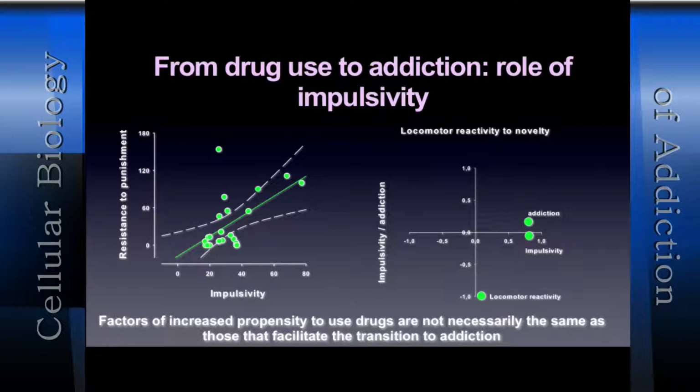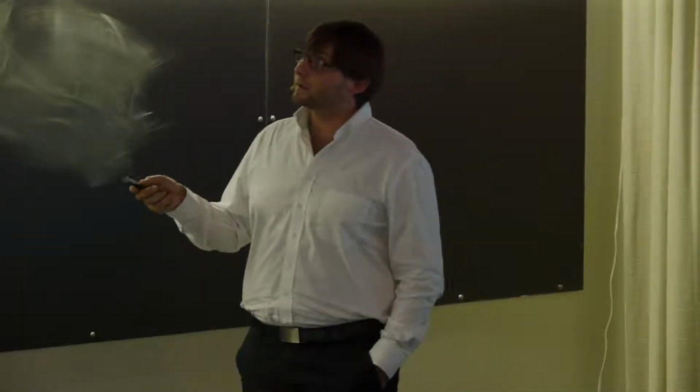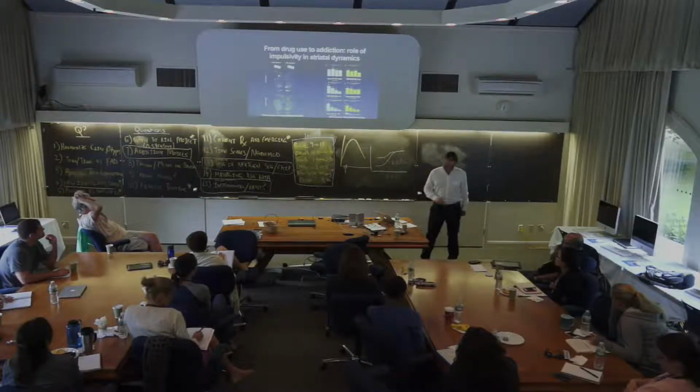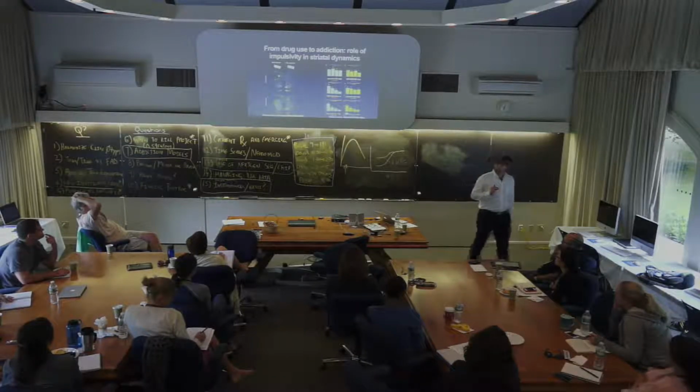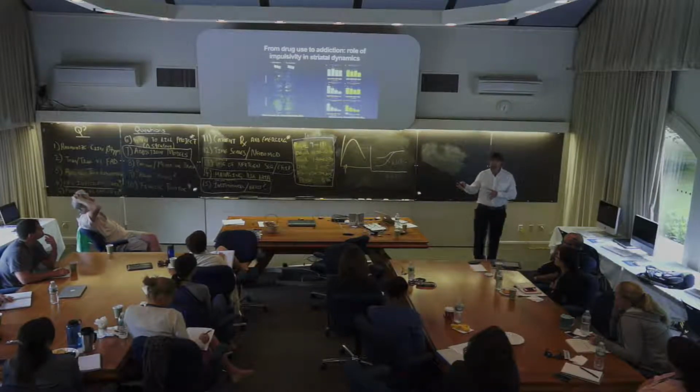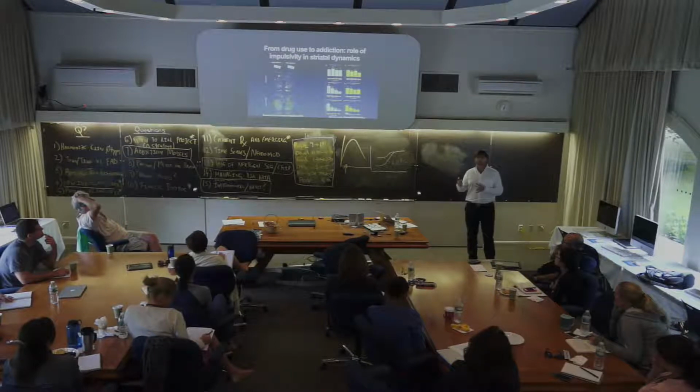HR rats would self-administer drugs at doses at which LR rats feel nothing, but they've got nothing to do with addiction. Okay, so first, the propensity to use drugs is not necessarily a good marker of the vulnerability to switch from controlled drug use to compulsive drug use. Okay, so then, would high impulsive animals facilitate the transition to habit-based behavior, so the recruitment of the dorsal striatum, is it facilitated? That's your question, isn't it?